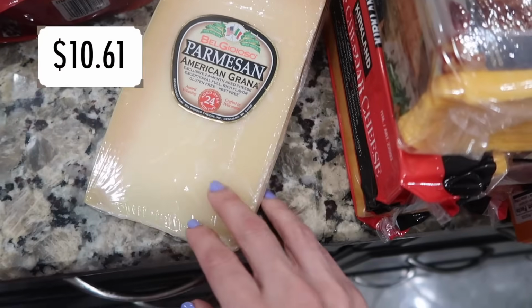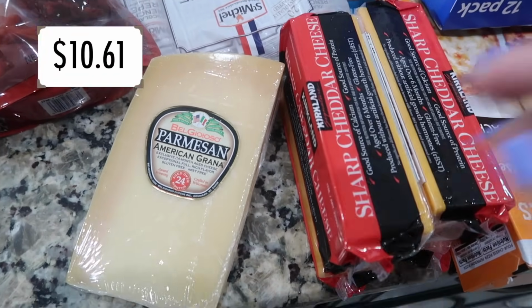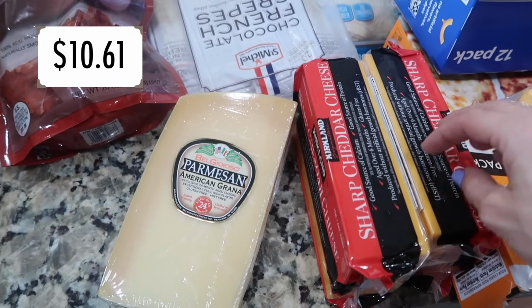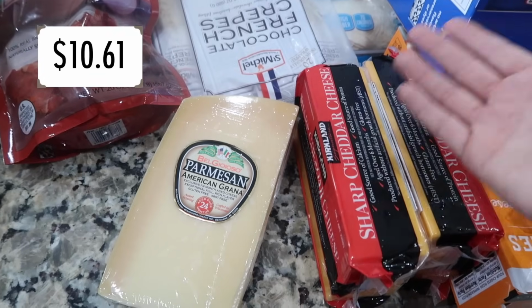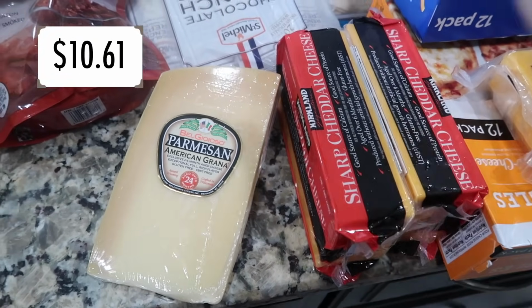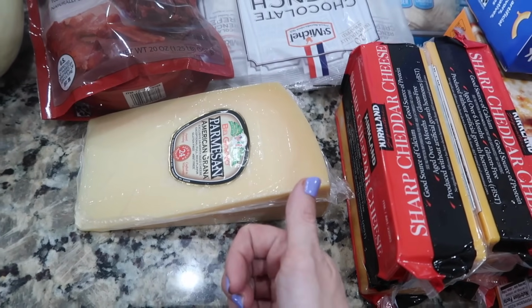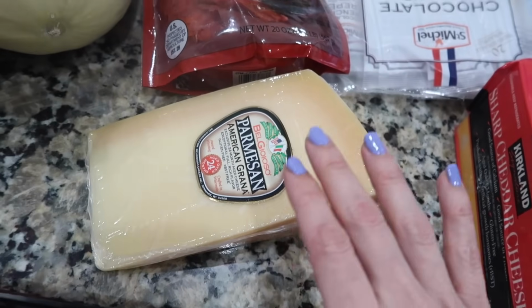I also grabbed some Parmesan cheese. I have been grating my own cheese. Welcome to my homestead. And I feel a certain type of way about buying powdered cheese. I've bought it in the past. I don't have a problem. Like, my kids love it. I just feel like, can I be doing better for them? It's a question mark kind of statement. Kind of also a rhetorical question because I can always be doing better for them, but that's what I'm gonna do. I say it with a heavy heart because the powdered cheese is just so convenient, and I will probably buy it from time to time, but for the current moment in time, I'm gonna shred some Parmesan cheese for them, and I feel like